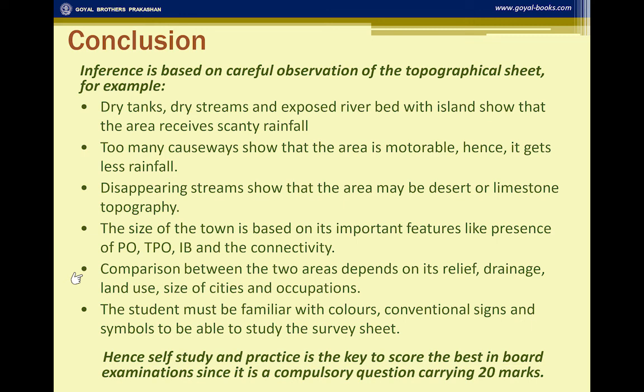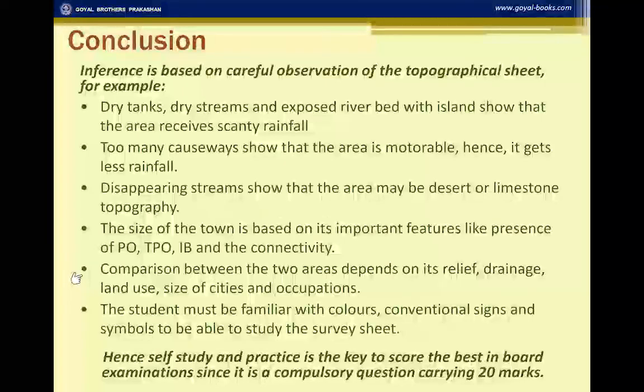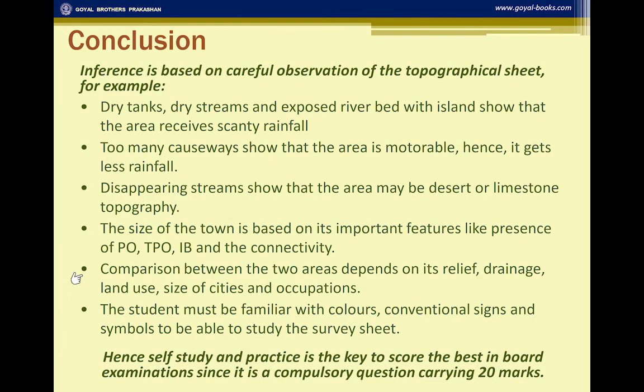Comparison between two areas. Suppose they ask you to compare and contrast the north of Sipu Nadi with the south of Sipu Nadi. This needs to be worked out on the basis of relief, drainage, land use, size of the cities, and occupations.